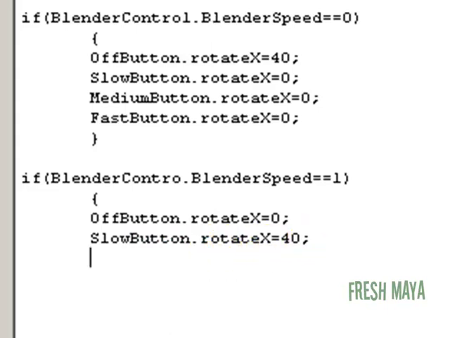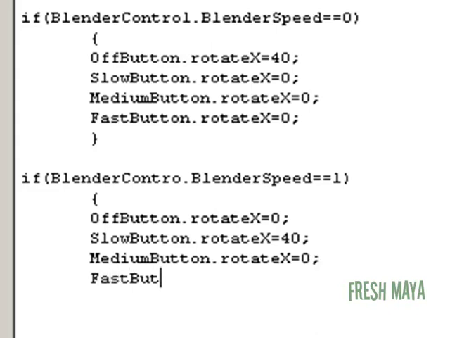Next, we want the medium button dot rotate X equals 0, and the fast button dot rotate X equal to 0. Now we also, if we got a speed of 1, since we want the 1, 2, and 3, we want the pen to be spinning. So I'm going to add another line. Pen dot rotate Y, because we want to change the Y value, equals,